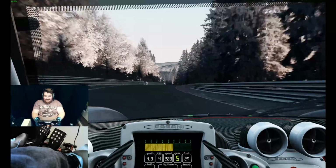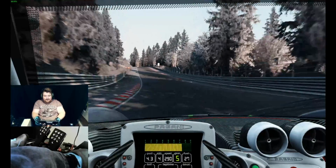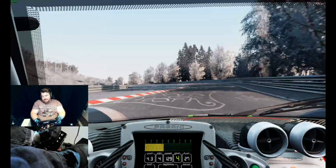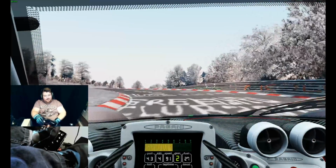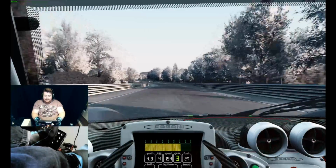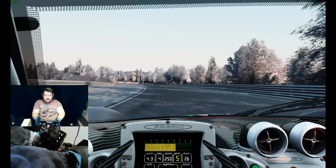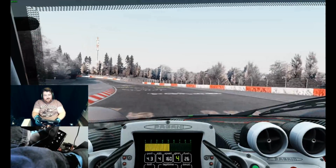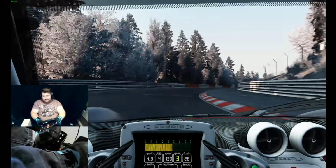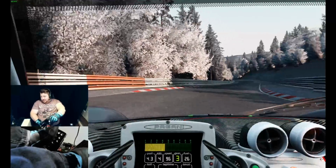Now, there are only 15 of these in the world, or there were only 15 made. And these sort of cars, like the FXXK and stuff like that, always mystify me. I mean, to be fair, they're made of complete pure unobtainium, and a mere mortal like me will never ever get to own one. But I'm kind of struggling to see the point to them, really. I guess it's the same as those guys that go out and buy a Lotus Elise or a Radical or something like that. If you've got the money, then fair enough, but my god, this is quite fun